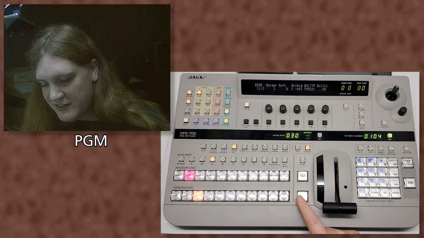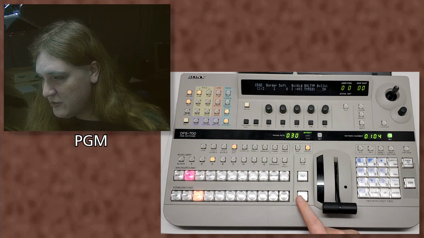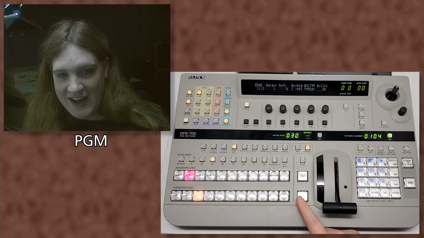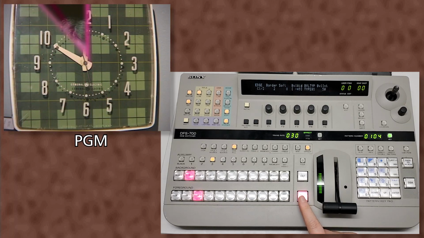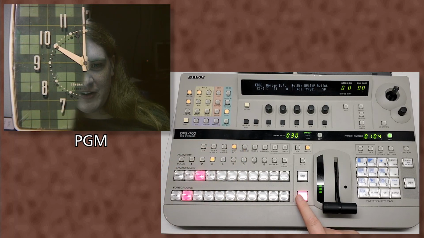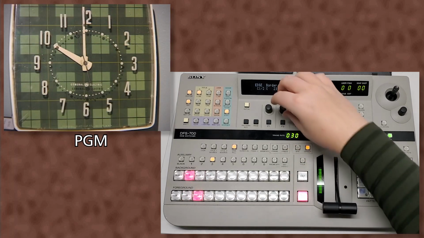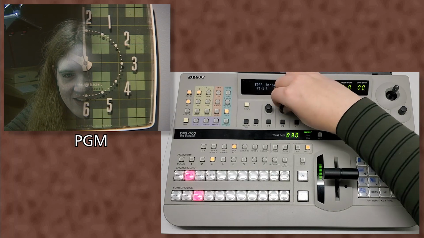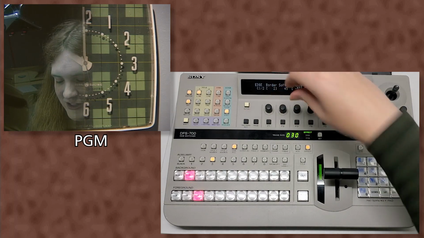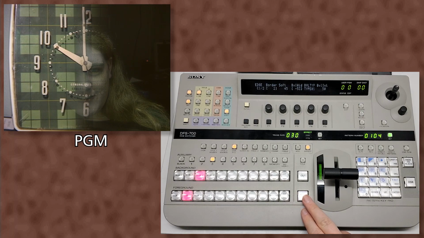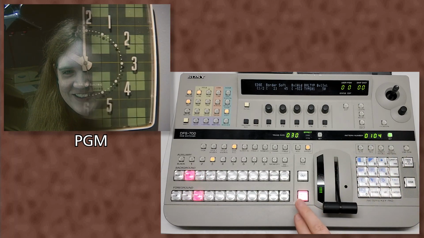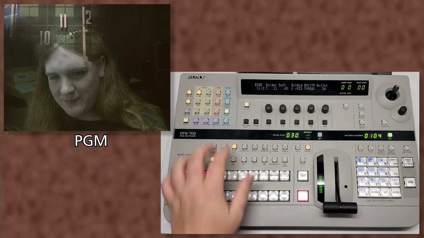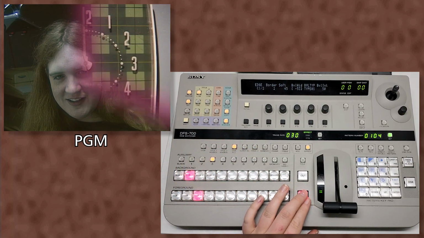I can make it a soft border, or in the case of this particular transition, it actually makes it a soft clock wipe. Let me turn the border off, and I can adjust the softness. Let me just stop it right there, and I can adjust the softness of the clock wipe. Turn border on again,